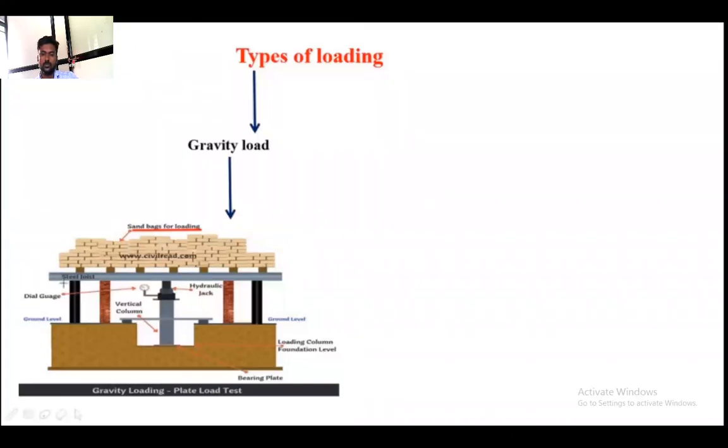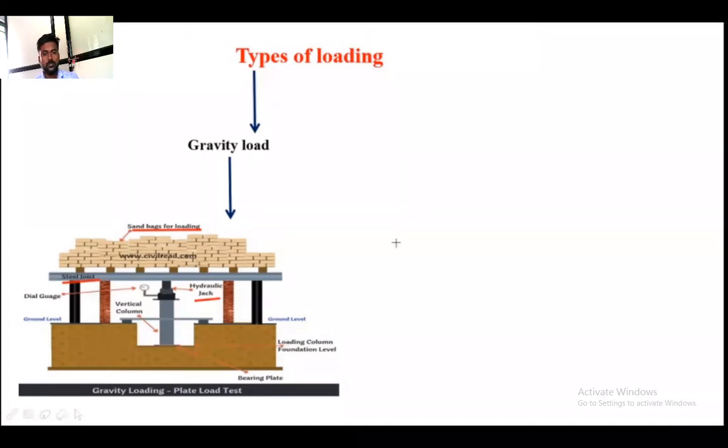So you fill that soil inside some bags and put it above the steel beam or steel joist, and there is a hydraulic jack available. Now in this case, the hydraulic jack performs a very different role. What role does it perform? It applies the load gradually, because you have kept all the dead weight at the same time, but you don't apply the entire load onto the plate in a single go. You keep on increasing the load. That is the function of this hydraulic jack here.